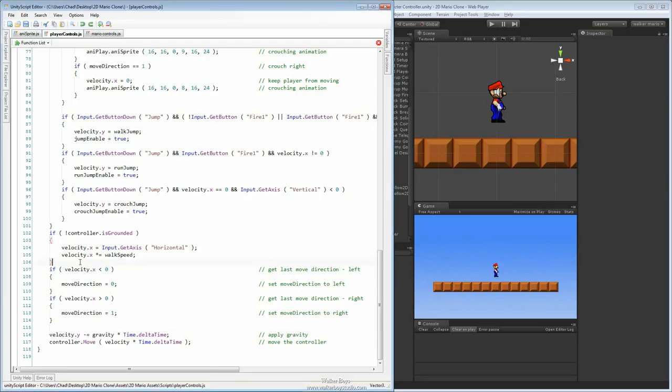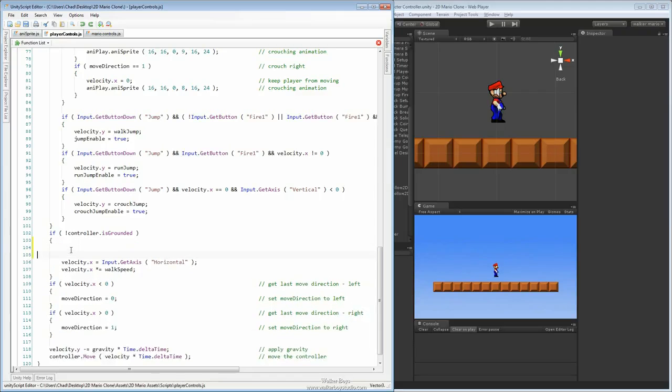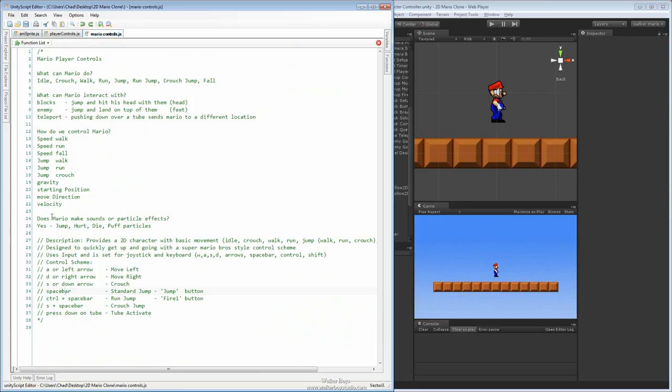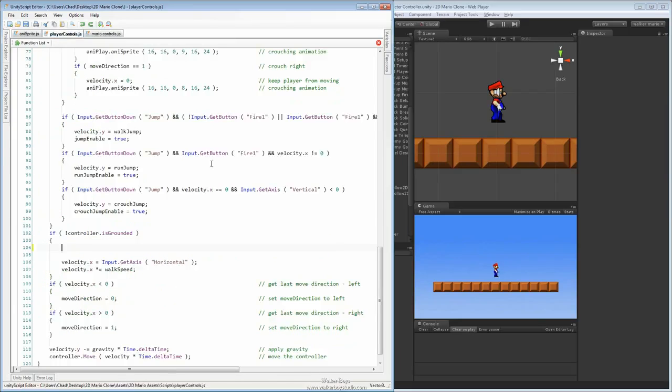So inside of the air jump, once he's in the air, he's not on the ground anymore. Let's do a couple of lines here. We're going to expand this quite a bit, but just to start off with, if we want a controlled jump, so for instance, on this we didn't define any kind of controlled jump, but if you think about Mario, the longer you hold the button down, the higher the player goes before he goes back down. So an easy way to do that, let's think about just a simple way here. We could say that on an input, so if Input.GetButtonUp, meaning that when you release the button, so whenever you let go of the jump button,